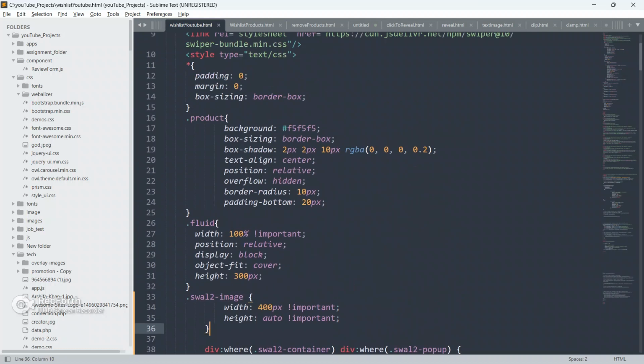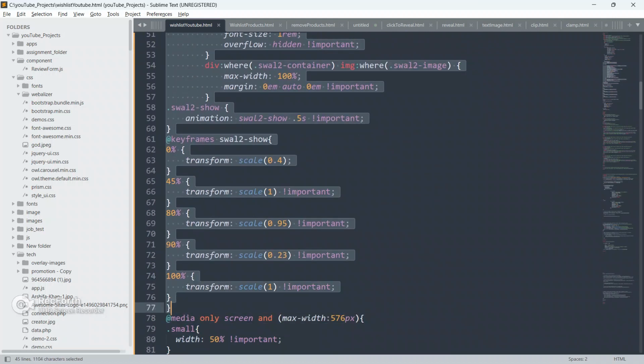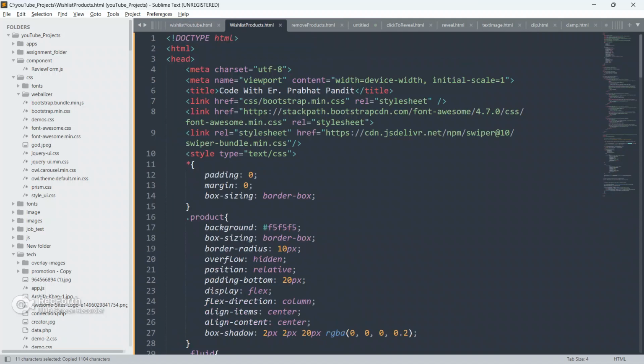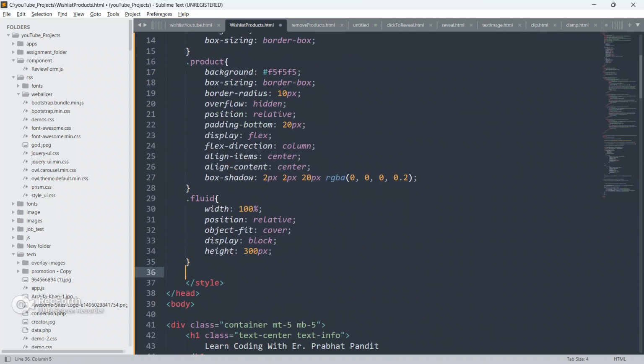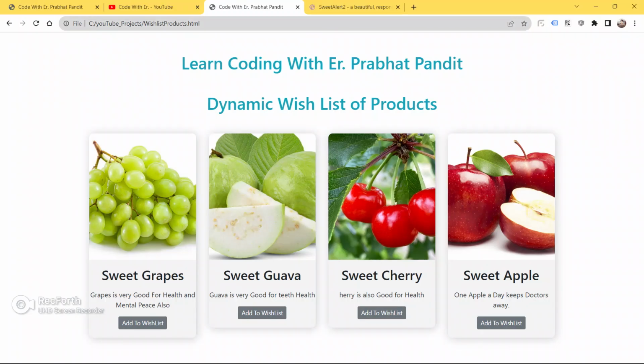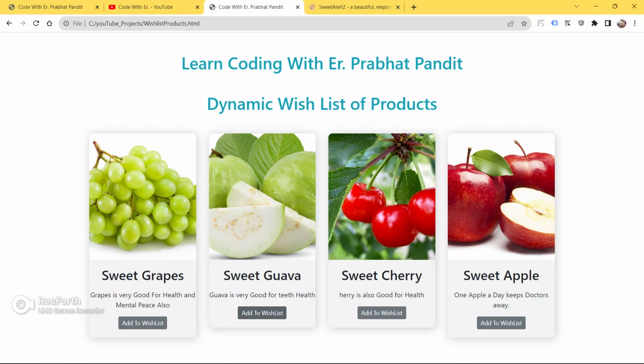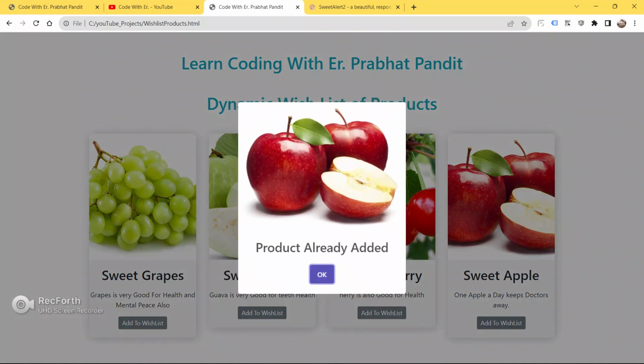So guys, that's why I have to write so many comments for you, and I have explained each and everything. So just guys, let me paste something from the previous example. So this is sweet alert, this is the CSS for sweet alert and nothing else. So don't worry about it, I will explain it in the second part, because this is the first part of the video. In the second part, we will learn how to fetch our product from the local storage back on our HTML page. See, now it's looking cool.